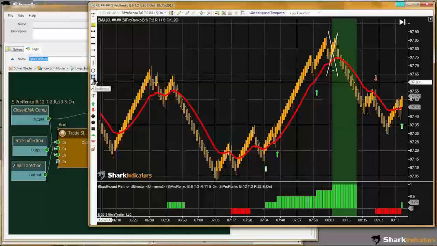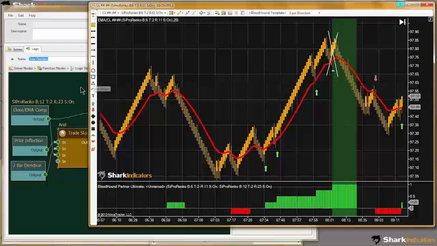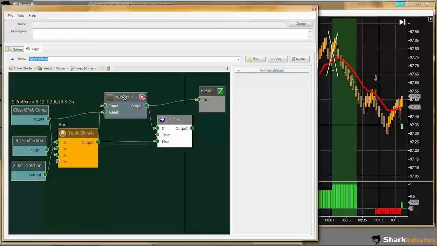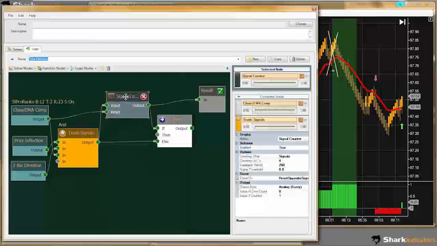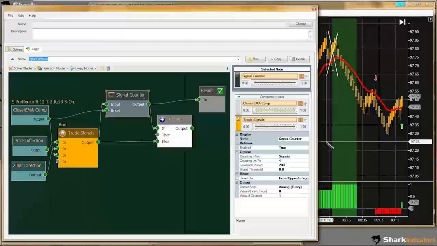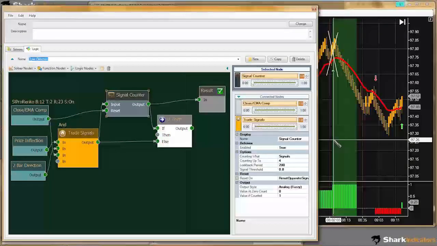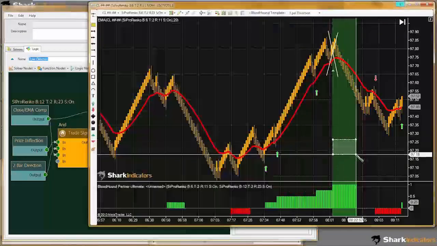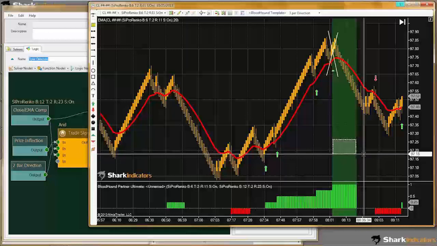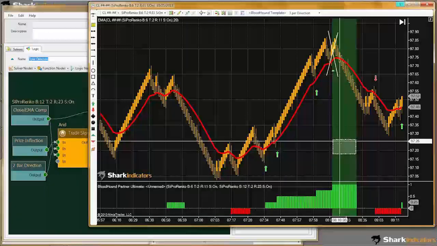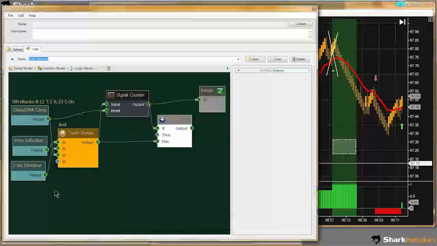And sometimes, when I'm wanting to know when a signal is coming from a function node, like this counter node, I'll use a drawing box, and I'll mark a place on the chart with this drawing box. So that way,